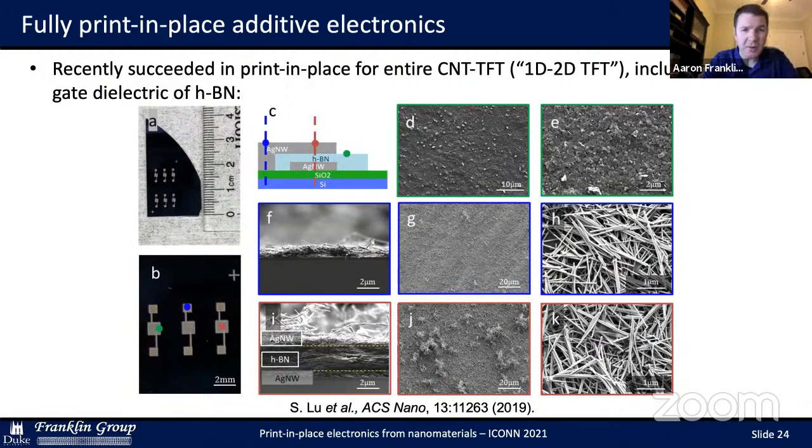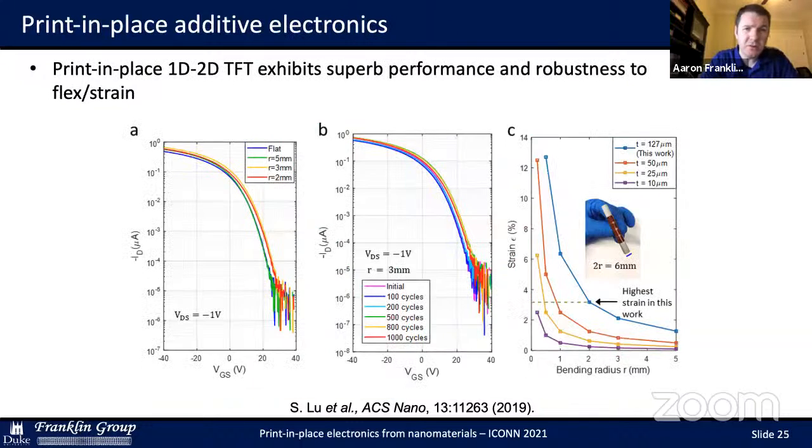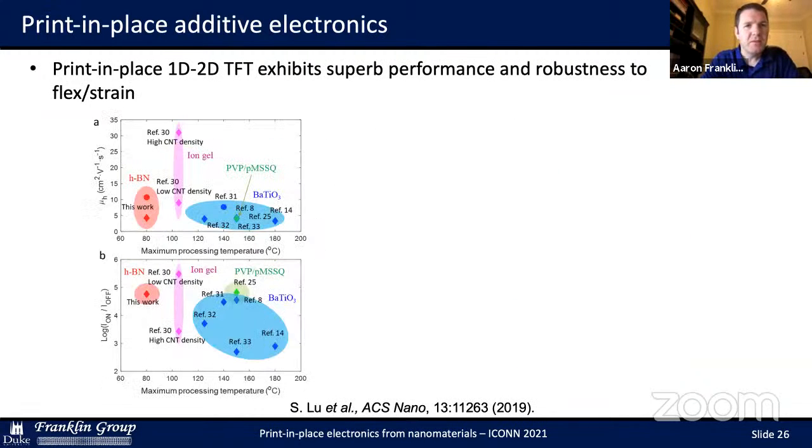In its performance, you can see here, including its performance under flexible strain, was actually quite superb. It showed the ability to withstand up to 1,000 cycles of strain, for instance, at around 3 millimeters of strain radius. And ultimately, this is able to be pushed even further if we use different types of substrates for the testing.